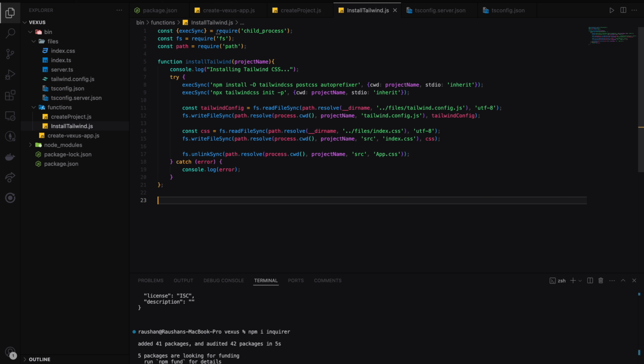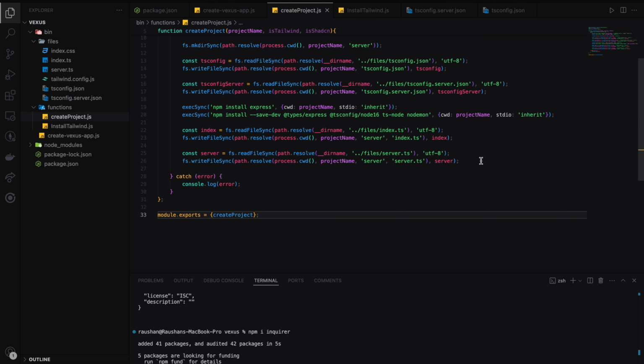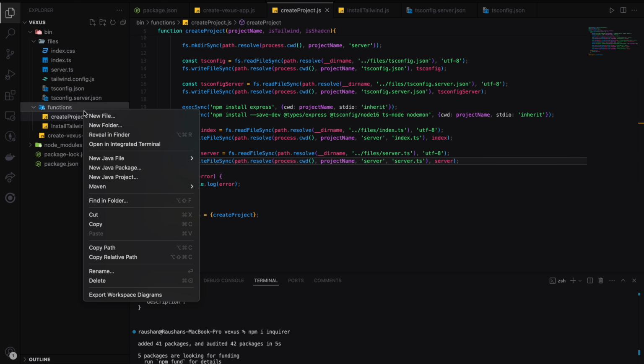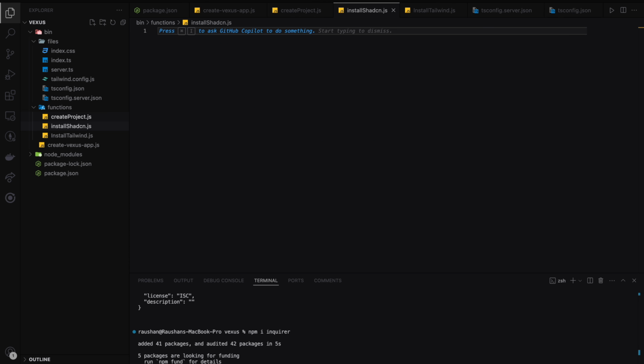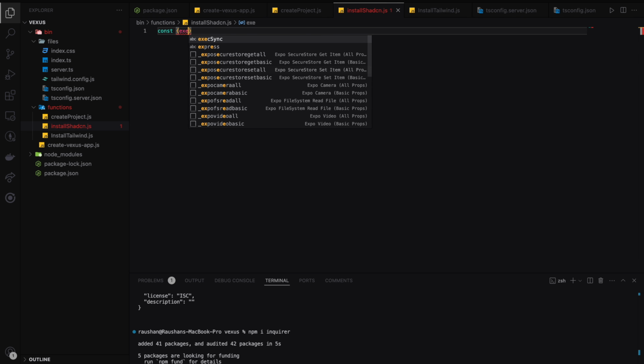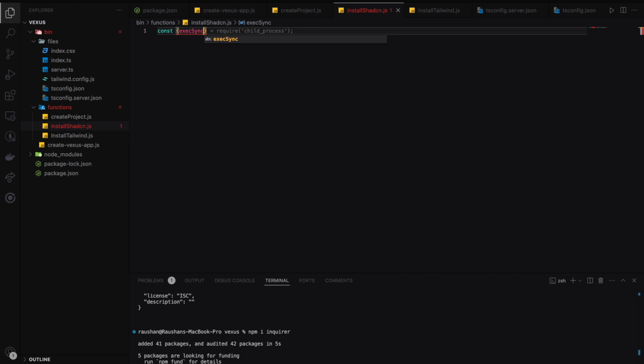Simply right now module.exports the installTailwind, and in the createProject, also create, first of all, installShadcn.js. Okay, and here the same thing, we have to import the execSync from the child process, and